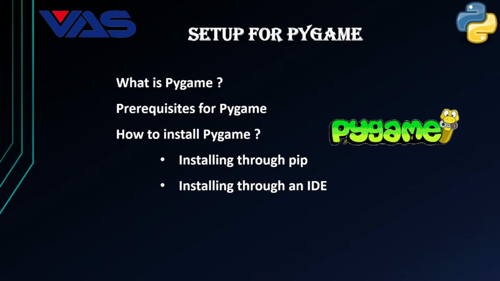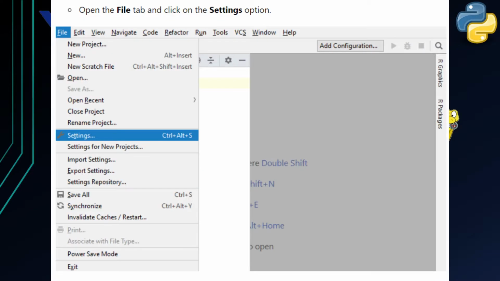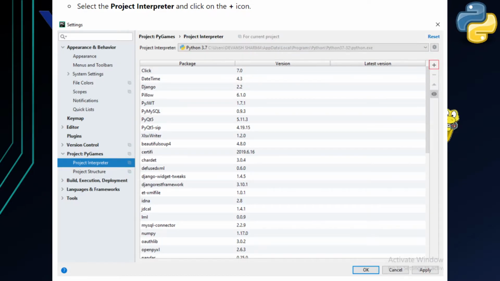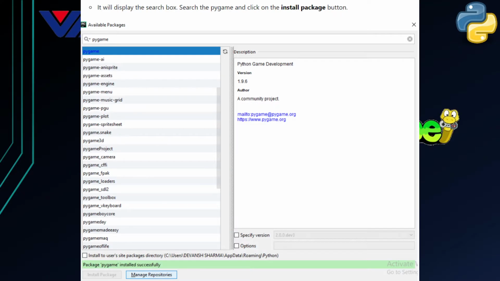And if we want to install Pygame through the IDE, we go to File, then open Settings, and in Settings, go to Project. In Project, go to Project Interpreter, and there you can download the libraries by simply searching for pygame.